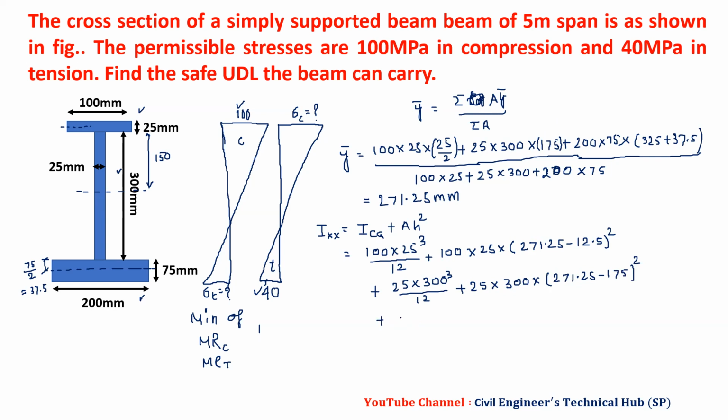Plus third part, we have B as 200 into 75 cube by 12 plus 200 into 75 into, now we will get this as 325, 350, so 0.5,